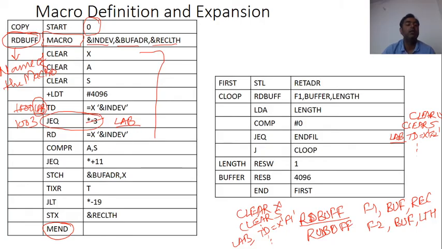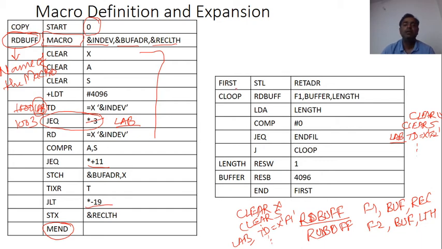I have written here what? Asterisk minus 3. Because if the address is 1003 here, 1003 minus 3 becomes 1000. So our control will go to 1000. So there is no need to take the label here. That's why I have written the expression asterisk plus 11, and this one asterisk minus 19, and like that.